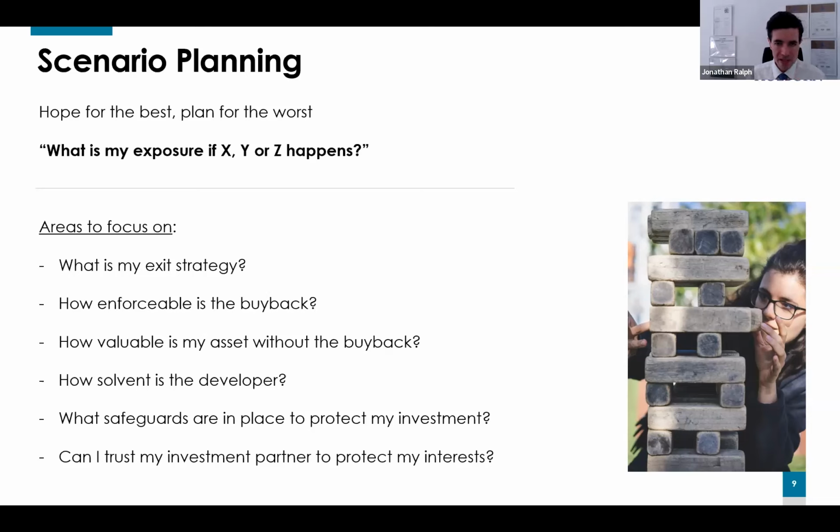So some useful questions that you could ask before moving ahead with any investment are, what is my exit strategy? Is it a buyback or is it a long-term buy and hold that I want to keep in my portfolio? If there is one, how enforceable is the buyback? Is there a contract that I can read? How easily can I get